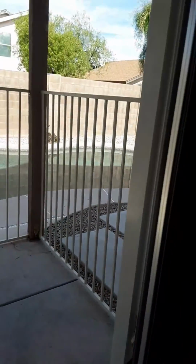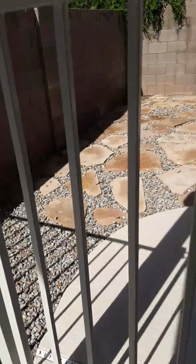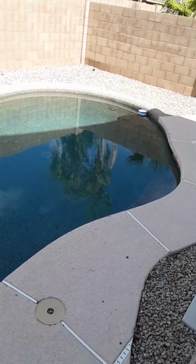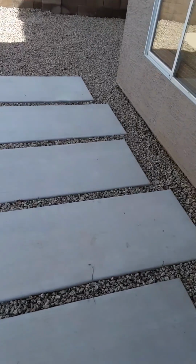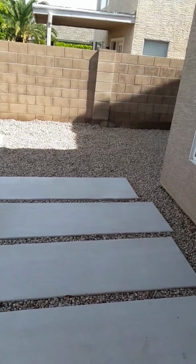Living quarters. This looks like it might be locked. Nice sliding glass door with the screen that's intact. That's what we like. Fencing for the animals, that's nice. Or kids. And you got some rock and a pool. Wonder how deep it is. It's got a little ledge right there. Small, quaint. Oh, and you got some storage right here. You could put something back here. I don't know what, but